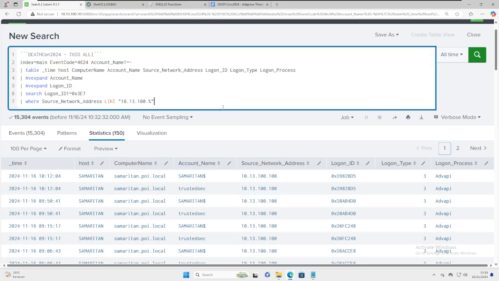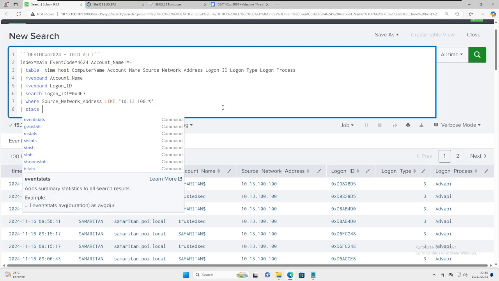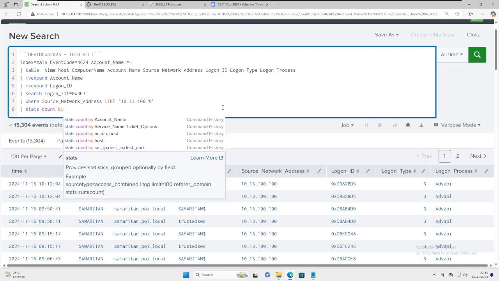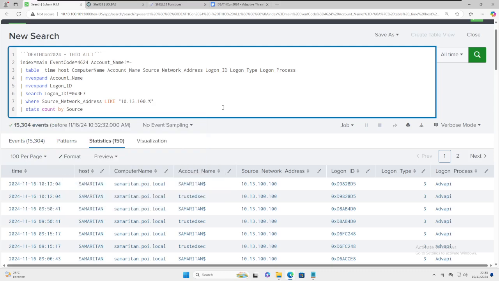From here we can also do stats by the source network address to check if any other IP was used to log on.